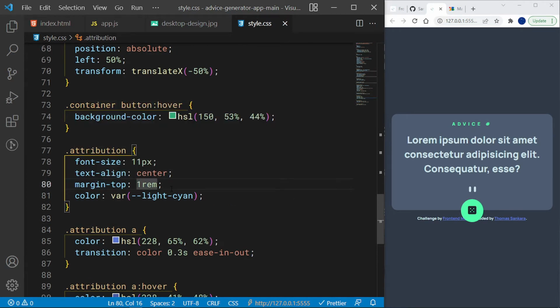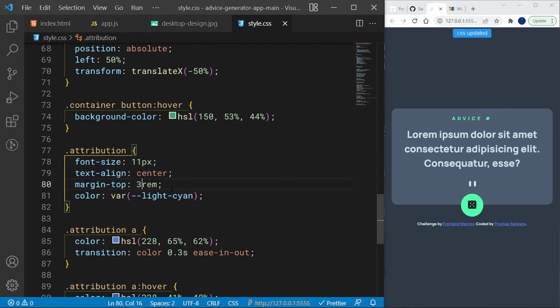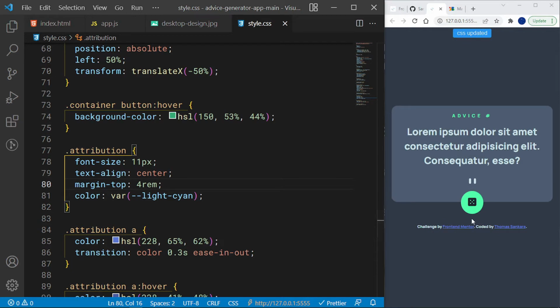Margin top here. So let's just say margin top of 3 rem. Okay, and we already have that, and that's looking okay, right? Let's just say 4 rem just to add a bit more space. And then what we can do